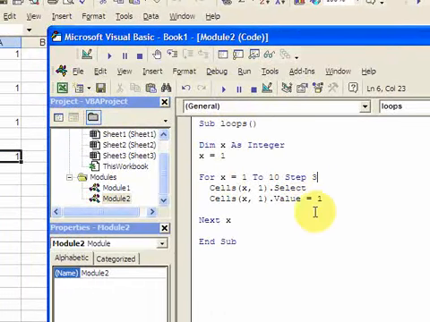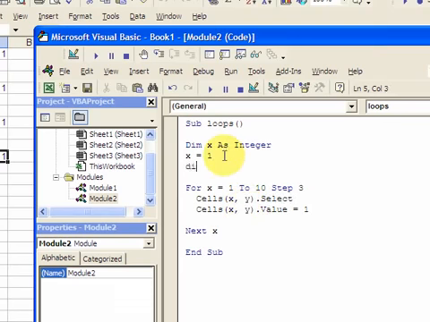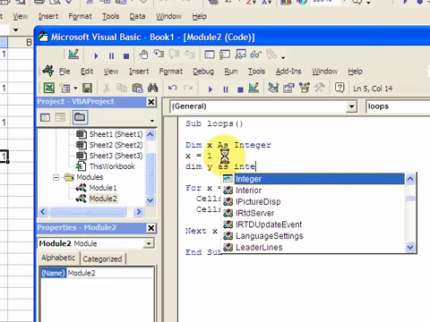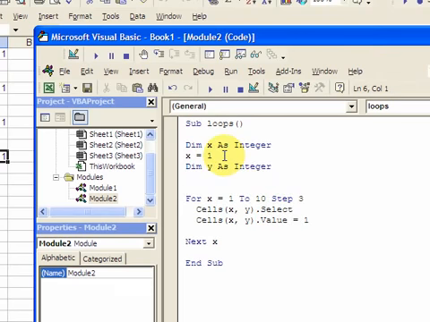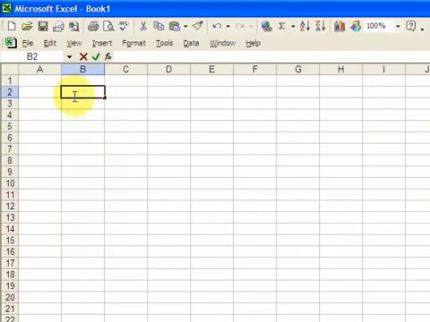And just remember, you're going to be incrementing something, so you want to declare a variable to increment down rows or across columns. If you wanted to go across columns, we could do that here too, real quick, and we'll get a diagonal. So dim y is integer, and this is going to create a diagonal that goes from 1 1 to 10 10. So let me just clear this. And what we should get is something in this cell, something in this cell, something in this cell, all the way down to 10. So if we run it,